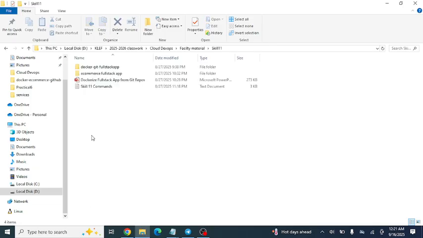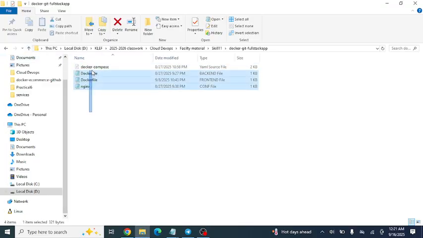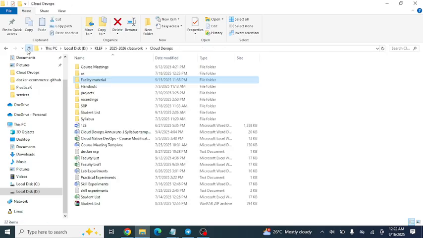So skill experiment 11. See here, we pushed our project into GitHub and simply we created Docker files: Docker file front end, Docker file back end, nginx file, Docker compose file. Then we ran our project. Right. Similarly, here also we are going to do the same thing. So for this purpose, first of all,